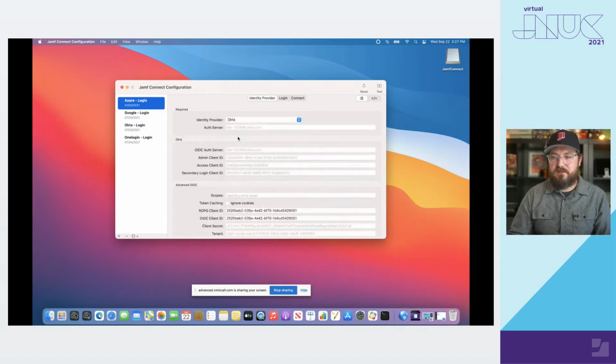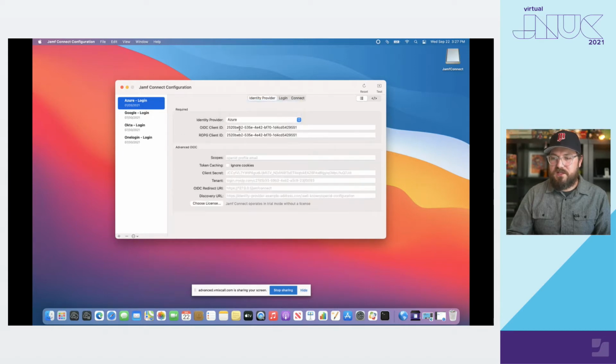If I click on Okta, I don't have those fields. I'll only be asked for my Okta authentication server. So be mindful of that as you're going through to configure Connect, what those requirements are prior to creating your configuration profiles. If you have questions or need to get that all figured out on the identity side,